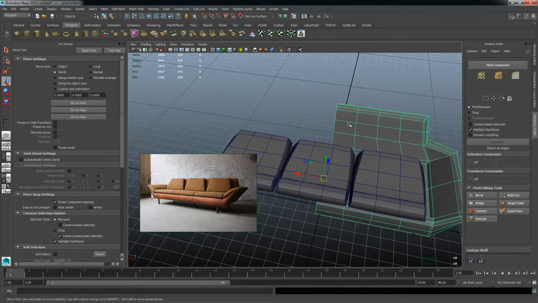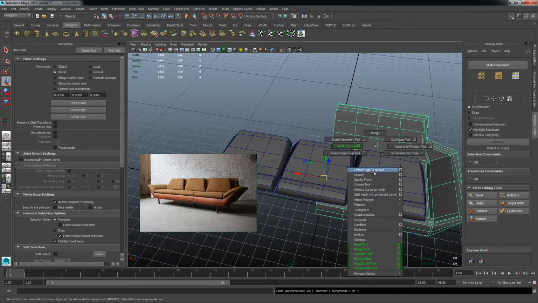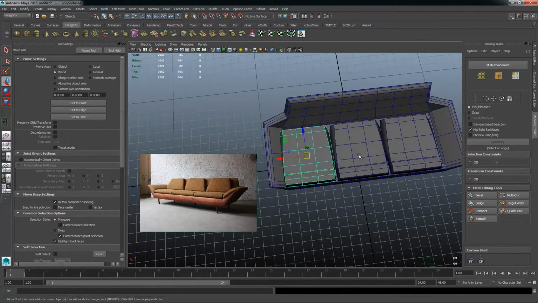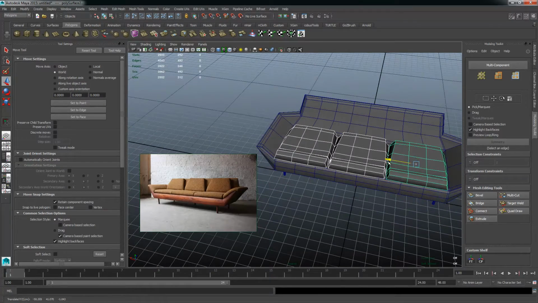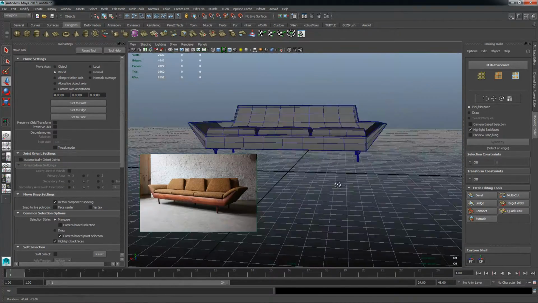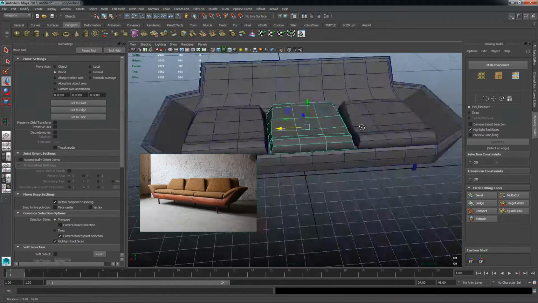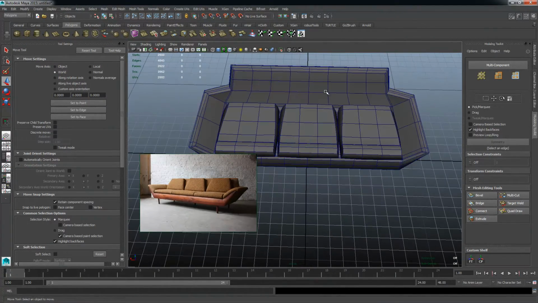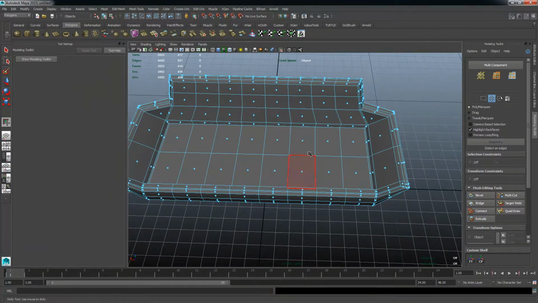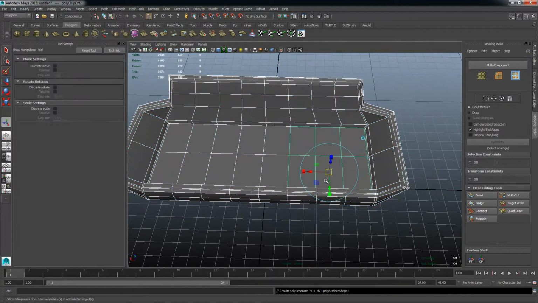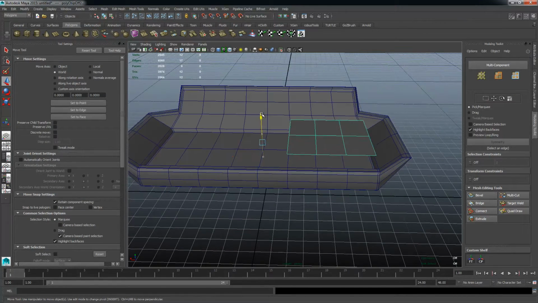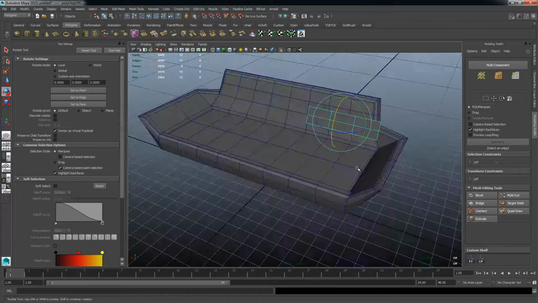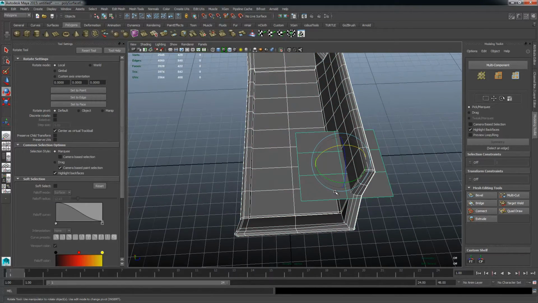So I went and duplicated that 2 times, and I then used the polygon mirror function, which you can again access via the shift right click menu. If you hold down shift and you right click, there's an option for mirror polygons, and you can choose in which axes you want to mirror this, whether it's positive or negative. Again, I took some faces, I duplicated those faces, and I tried to scale it in, and I saw that